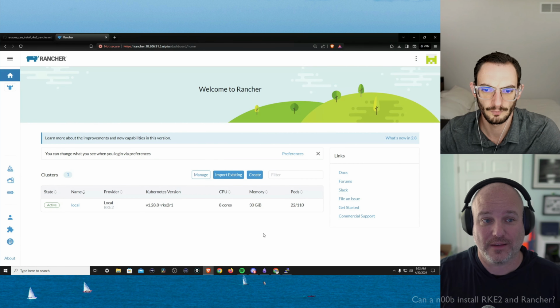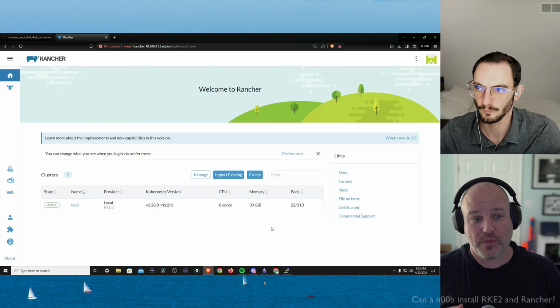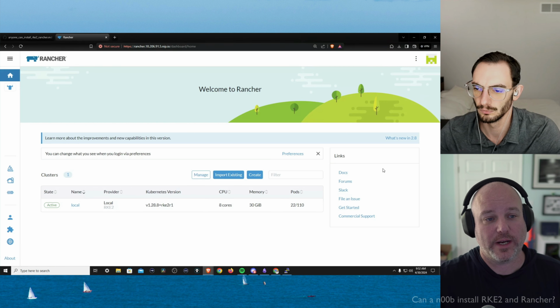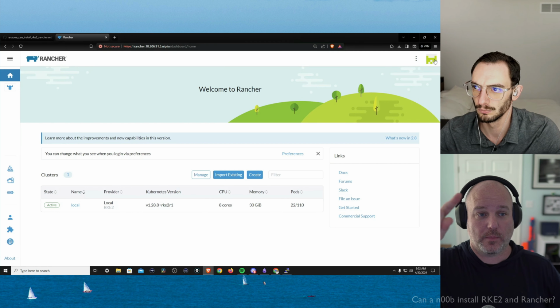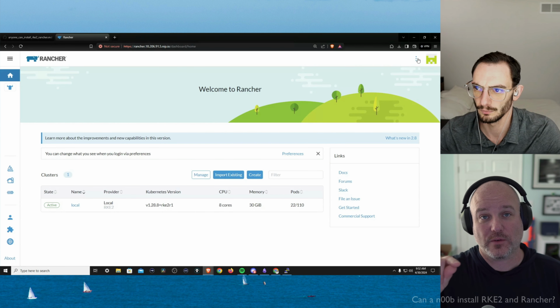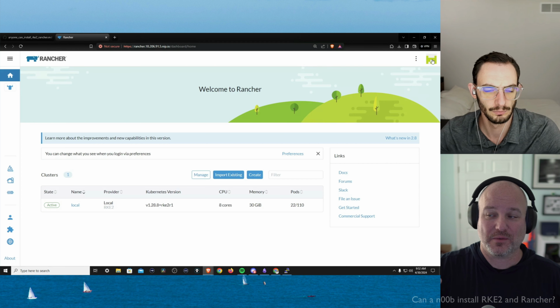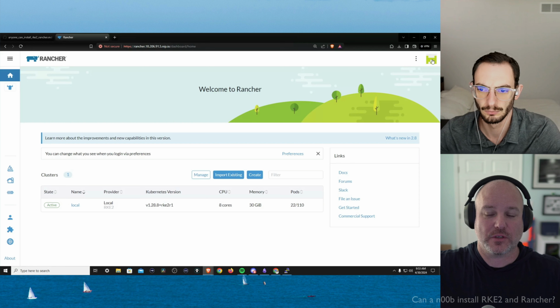In fact, if you look on the right, mouse over, starting at the top, you've got the house. Up, right, the house is our dashboard. That's what you see here. You've got that first cattle symbol. That is the local cluster. So one of the cool things about Rancher is that it can manage and schedule downstream clusters in cloud providers.